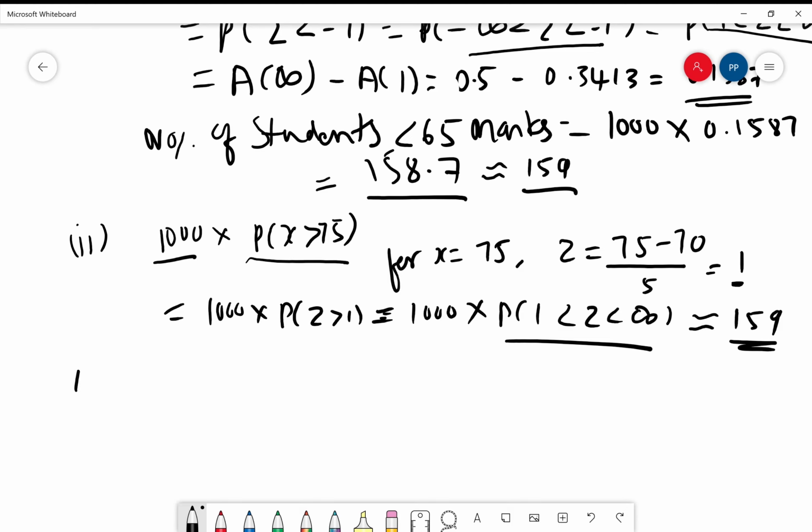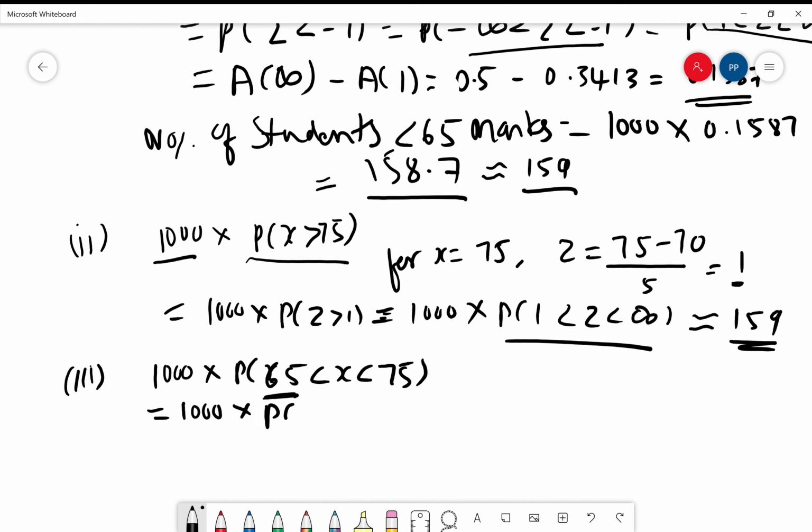Now consider the last case. The number of students who have scored between 65 and 75, which is nothing but 1000 multiplied by P of 65 less than x less than 75. So which I write directly. The reason is I already found out for x equals 65 what is z. Z is minus 1. And for x equals 75 in the second case we have got z is plus 1. So which is 1000 multiplied by,